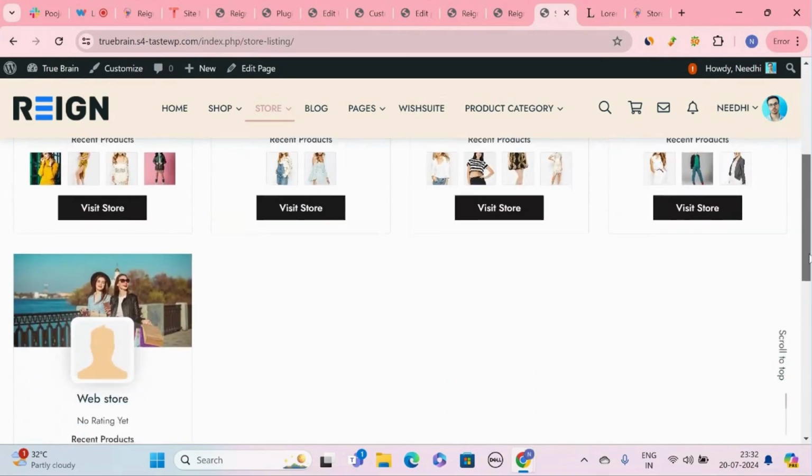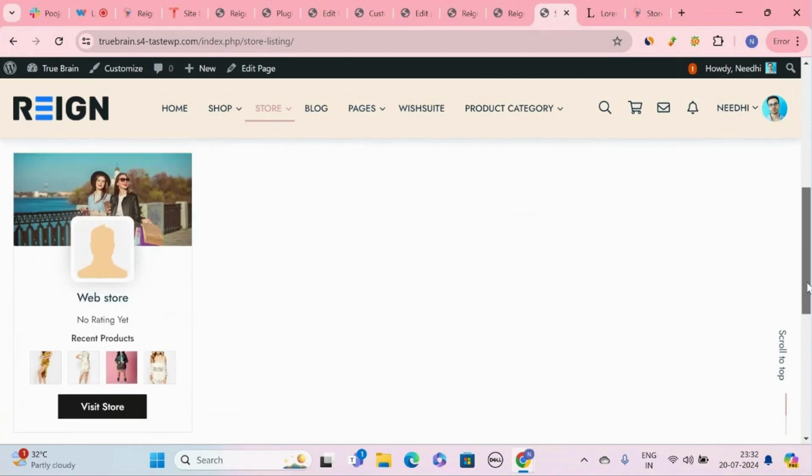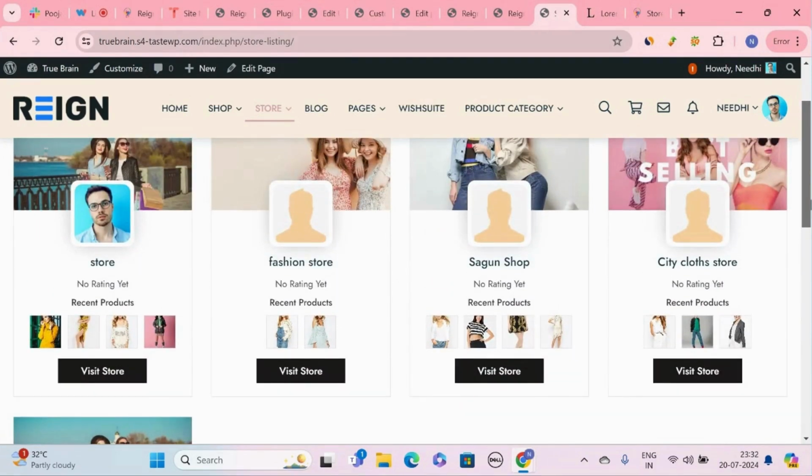Here you can see all the vendors to whom you have given vendor access.